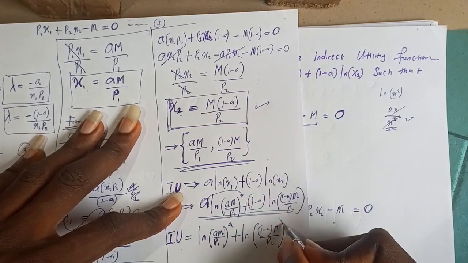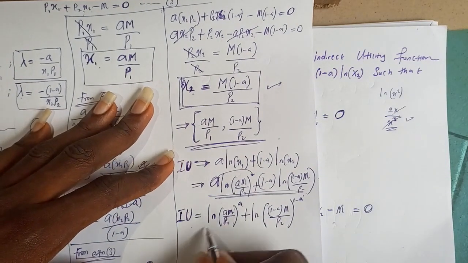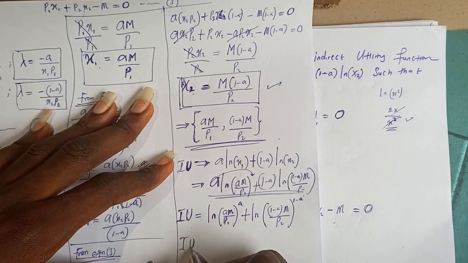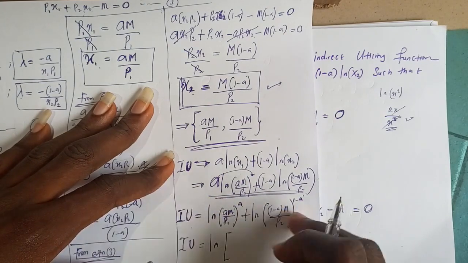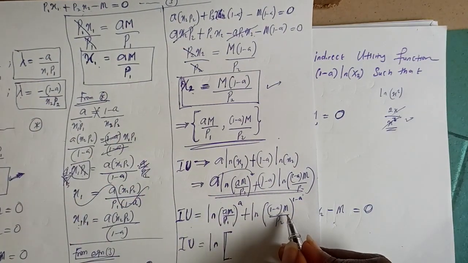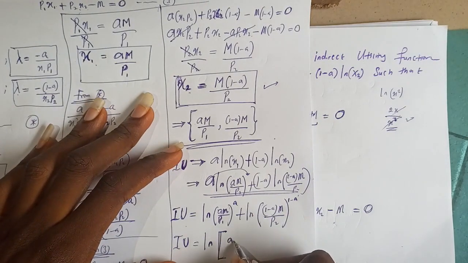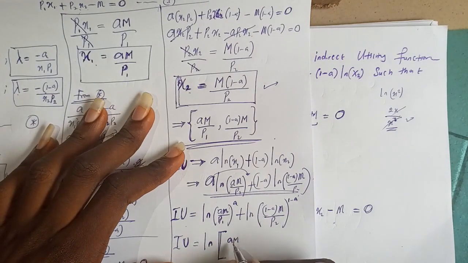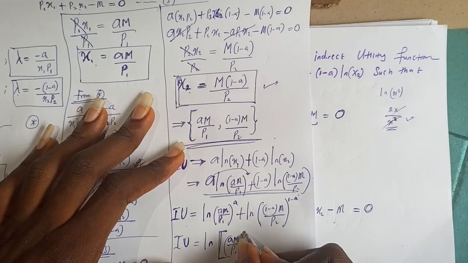When this 1 minus a goes up, I have 1 minus a. Okay, so therefore, ln is common to both of them. The natural logarithm function is common to the two of them. So I end up multiplying this and this together. So whatever I have left now should be a m over p1 raised to the power of a,